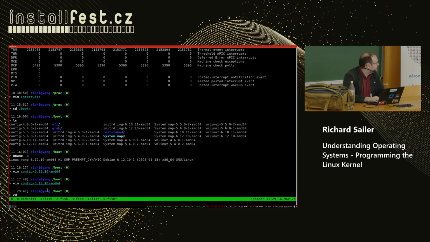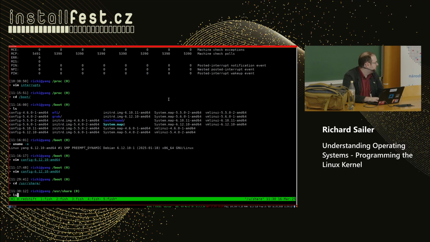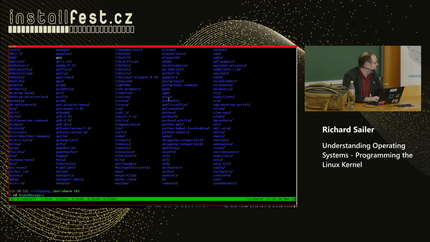Good, so my mouse is doing weird things, and it stopped. Okay, so for kernel modules, the most important is the directory. We had that before. User, share, and there we have modem.